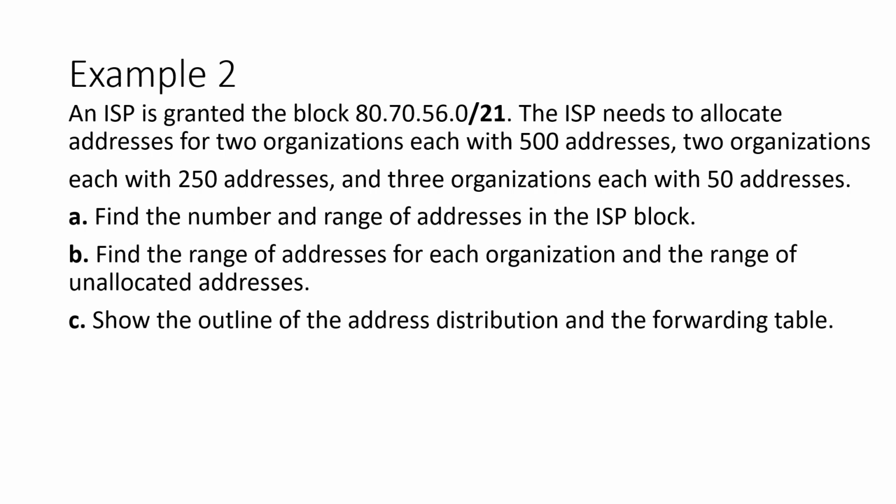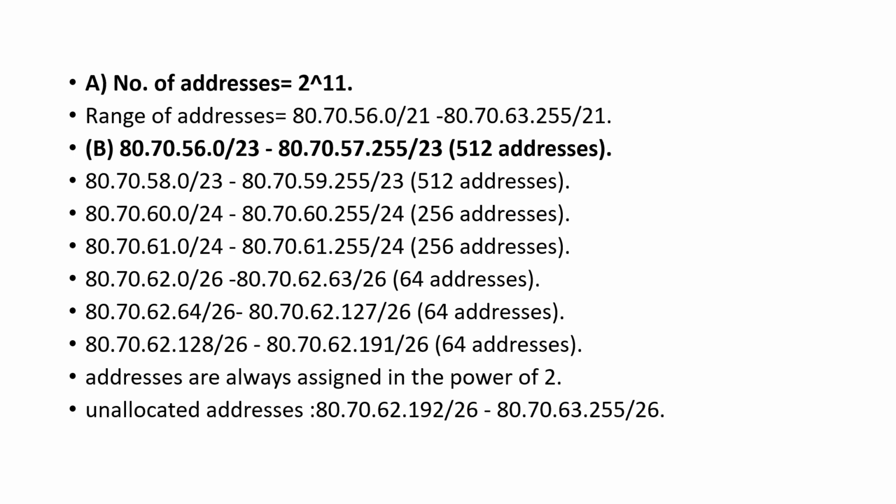Similarly, this example is similar to the previous example. In this case, first you have to find the total number of addresses. Capital N is equal to 2 power 32 minus small n. Small n in this case is 21. So 2 power 32 minus 21, you will get 2 power 11. This is the total number of addresses in this network, and the ranges of the addresses, it starts from